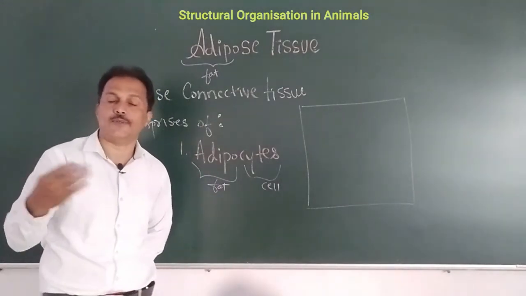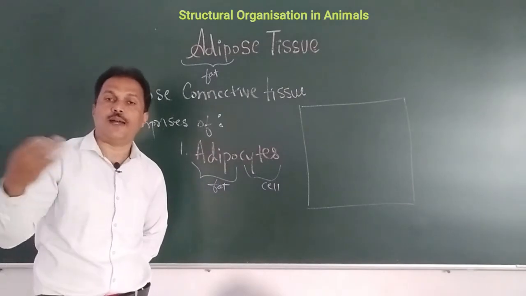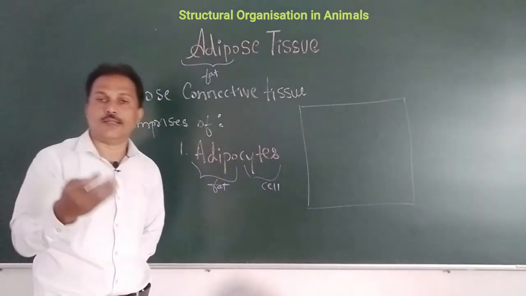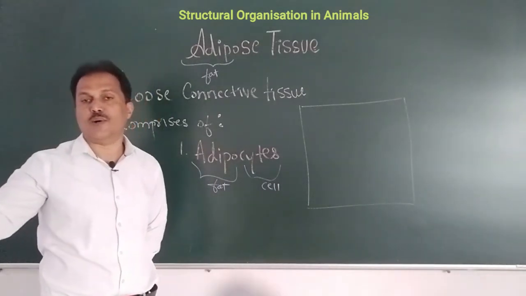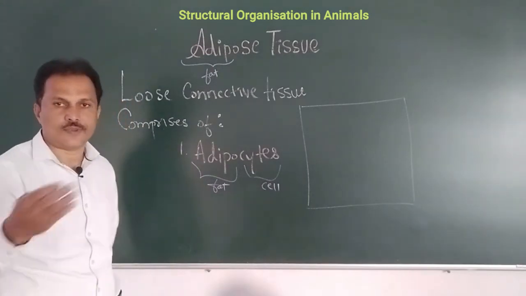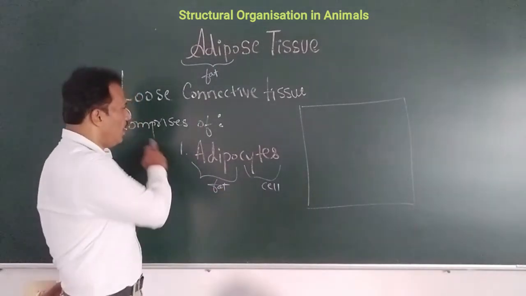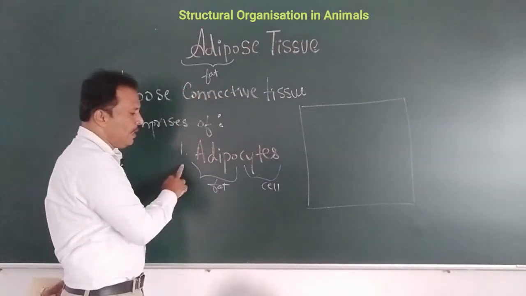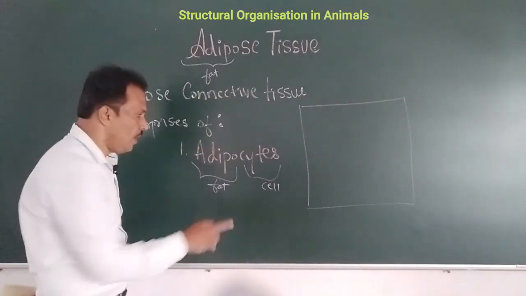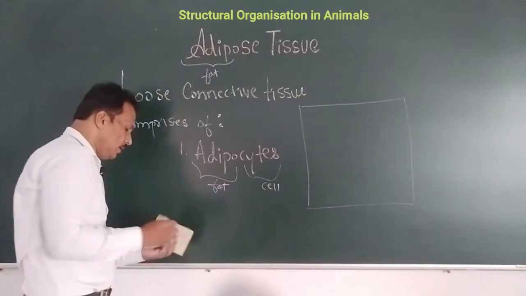Again there are two types of fat cells, two types of fat tissues. One is yellow fat and the other is brown fat, which we'll discuss subsequently. So adipose tissue is mainly comprised of adipocytes, number 1. Number 2,